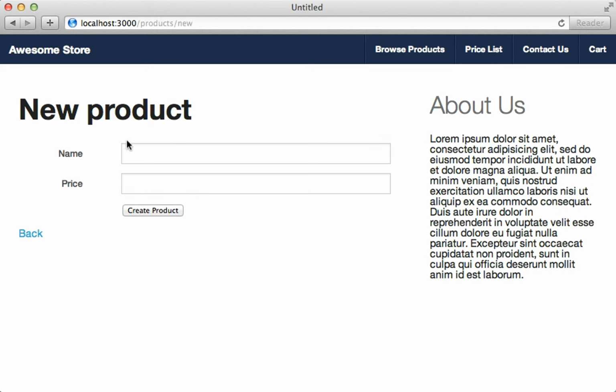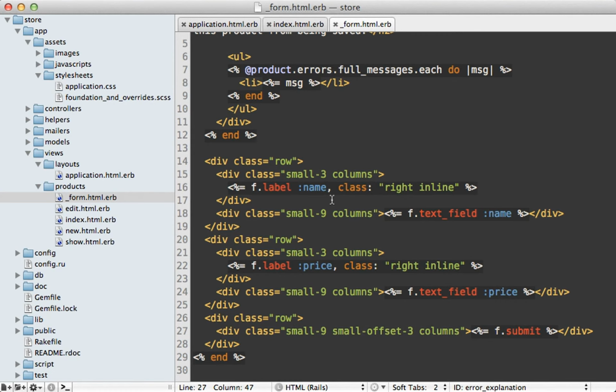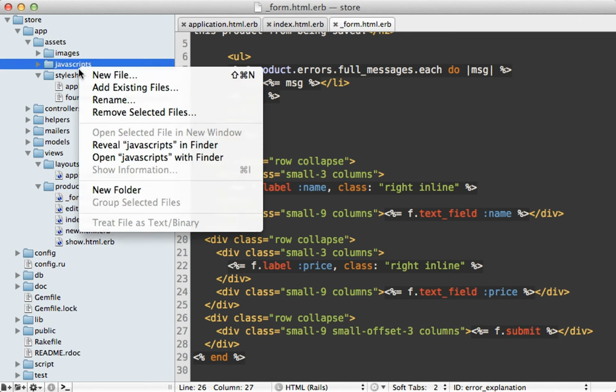And it looks better, but it's not quite right because there's such a big gap here between the label and the field. And that's due to us setting the gutter to such a high pixel. Now, if you don't want the gutters in a grid system, you can add the collapse class to the rows. But you'll probably want to add some spacing manually then, so I'm going to do that in a new style